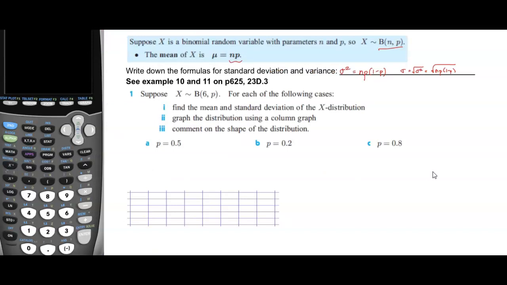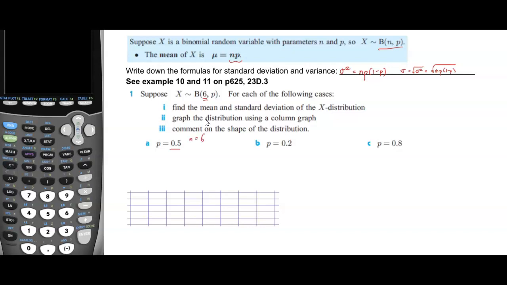Number 1, suppose that x is distributed binomially with n equals 6 and p is p. For each of the following cases, find the mean and standard deviation of the distribution. Graph the distribution using a column graph and comment on the shape of the distribution. Okay, so basically what we want to do is use binomPDF, and we're going to have n equal to 6, and p equals 0.5